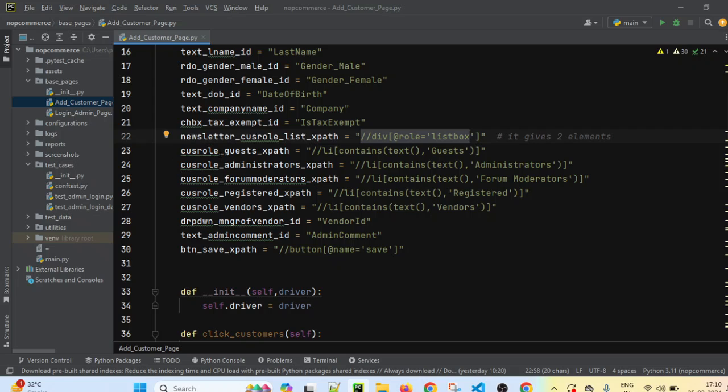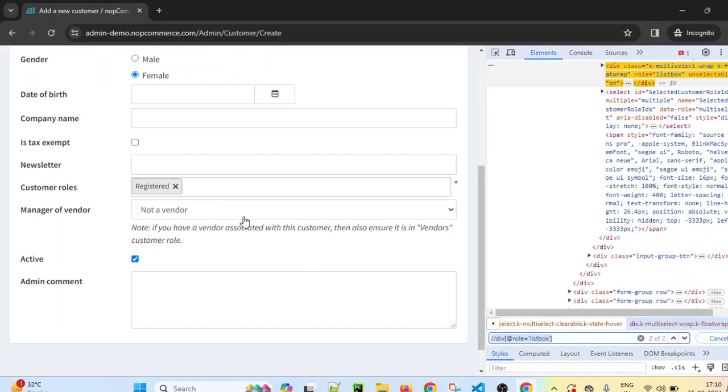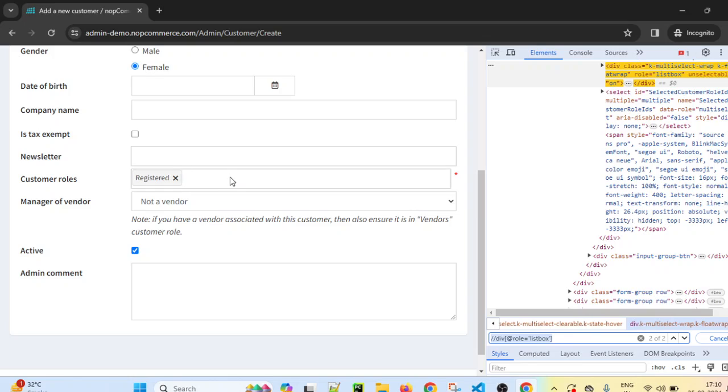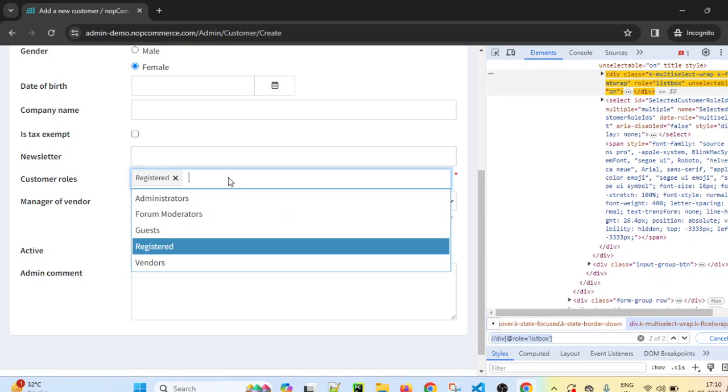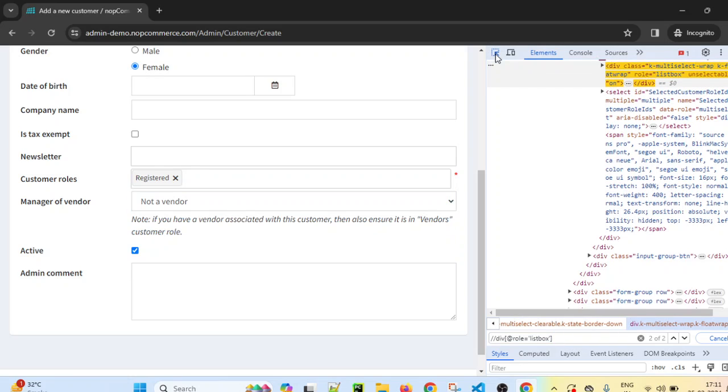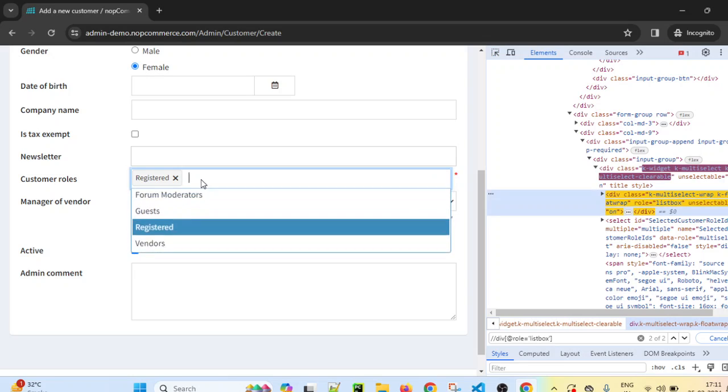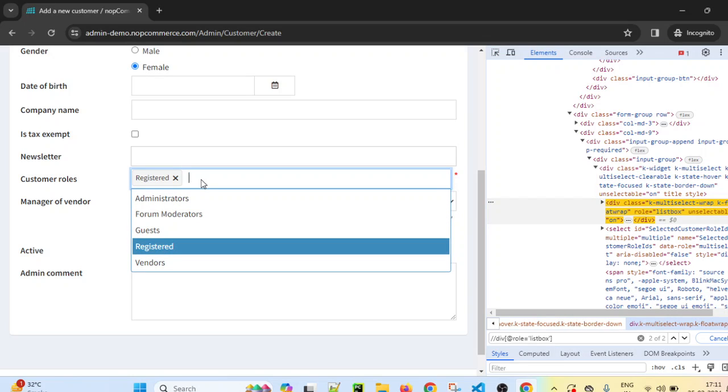After that we also have customer roles. I have also written locators for customer roles. If you see, customer roles has 5 values. Again here we cannot use the select class approach. If you highlight it, first we have to click on this, and depending on the value passed from the test case, we have to select some value here.